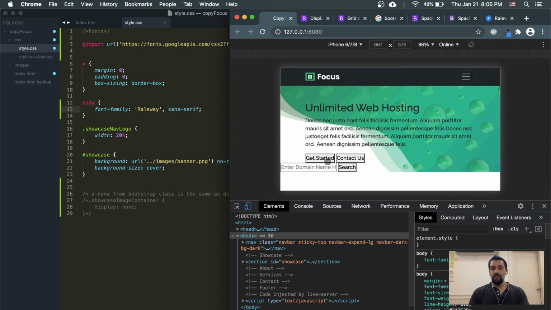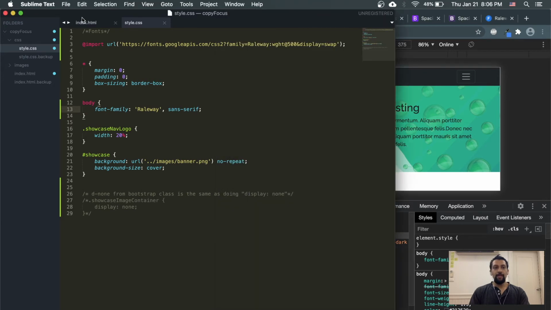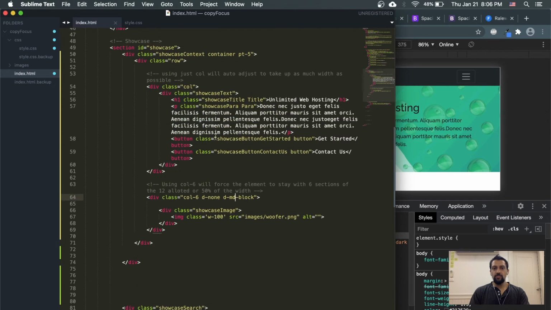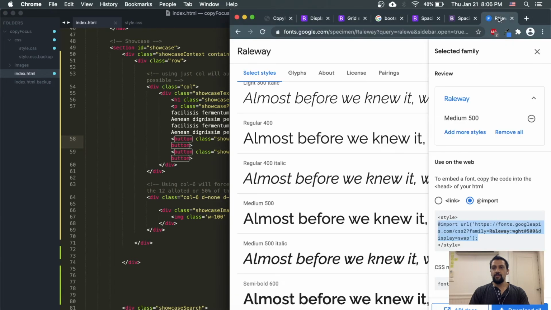Very cool. Even these have changed up. So now let's take care of the get started and the contact us. So we'll change that button. So buttons here, we have a couple buttons. We have the showcase button, get started, and I put in a button class just in case we need to customize it. But what I'm going to do is find the button